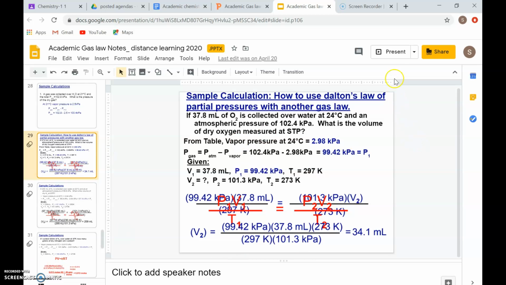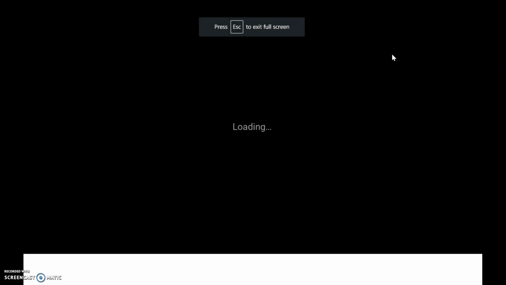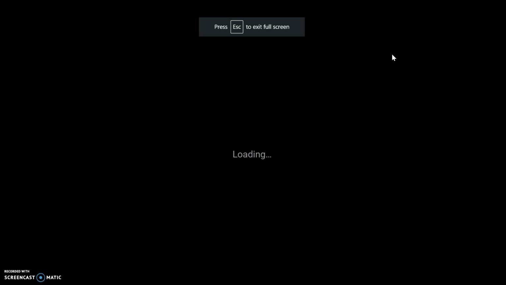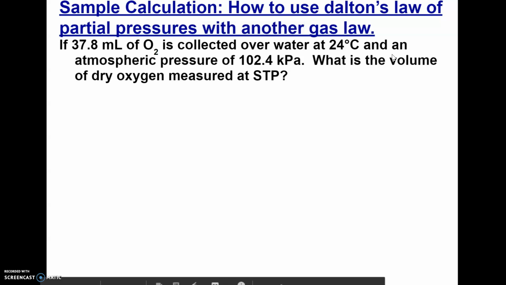And this corresponds to what you had to do in homework 10-5 with Dalton's law of partial pressures in combination with other gas laws. So in this example, we're given that oxygen is collected over water. So whenever you see the term collected over water, bubbled through water, that's sort of your magical phrase that is going to tell you that you need to do,